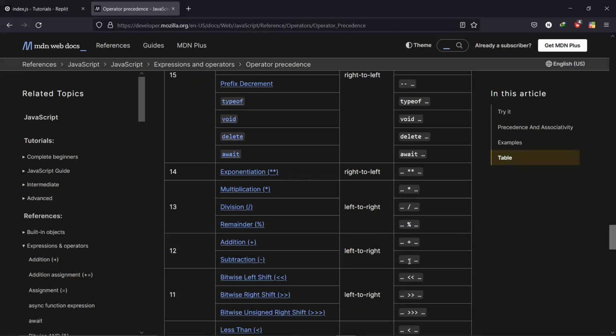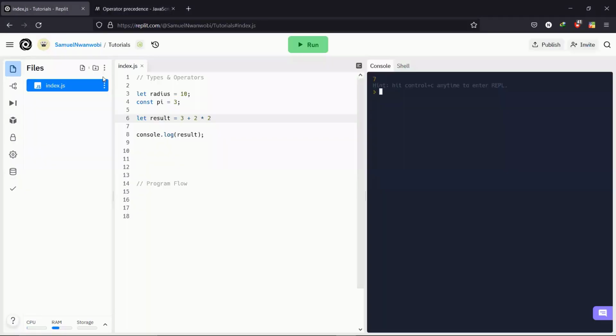So what happened in our example is that the multiplication was solved first. So 2 times 2 is equal to 4, and then 3 plus 4 is equal to 7. And if I wanted to make precedence of 3 plus 2 so that I will be able to get